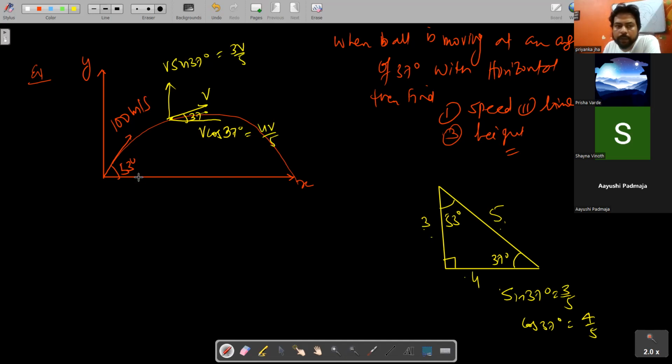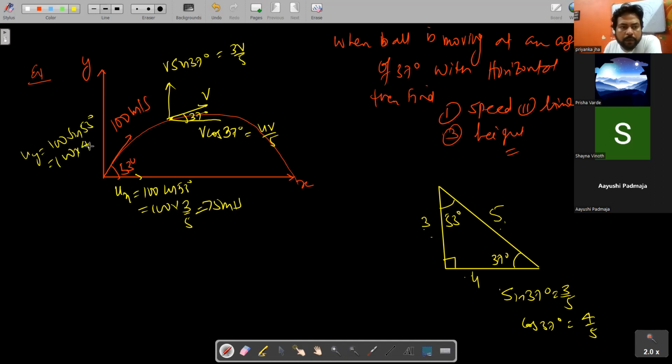Break this also into components. This velocity will be, ux would be 100 cos 53. And you can see cos 53 is how much? 3 by 5. So this would be 75 meter per second. And uy would be 100 sin 53. Sin 53 is how much? 4 by 5. Oh, 1 minute, sorry. This is 60 meter per second, and this is 80 meter per second. Correct? Yes. Now, you know that